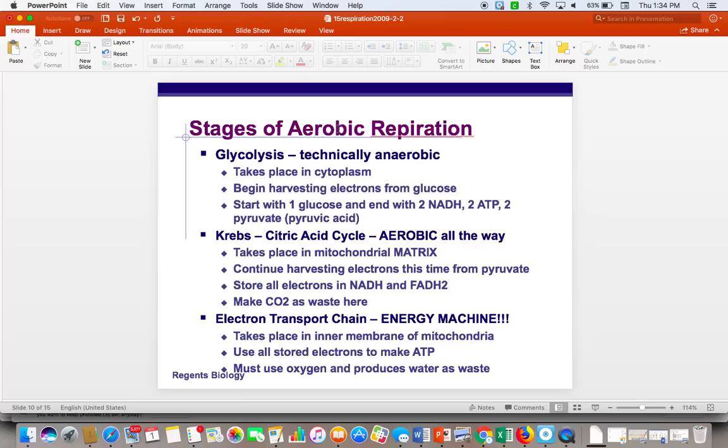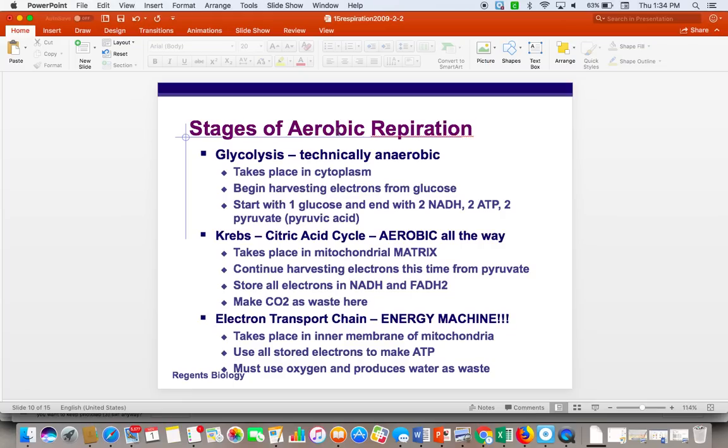Respiration, cellular respiration, can be carried out either aerobically or anaerobically. Now, large things prefer aerobic respiration. We have to use it because we have to have so much energy. Now, little things like bacteria and yeast, they don't really care. If oxygen's there, they'll use it. If it's not there, then they won't.